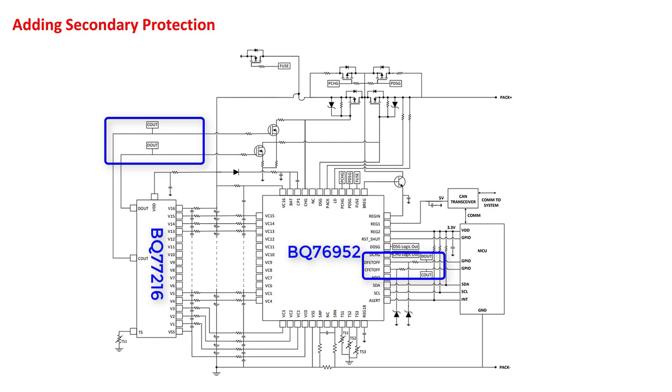There is one important thing to be careful of in this configuration. The BQ77216 does not have the body diode protection feature that we discussed earlier in this video, which is often important for FETs connected in series. And when the BQ769X2 CFET off and DFET off pins are used, the body diode protection feature is not available. So we generally recommend that the secondary protector only control a fuse. When separate charge and discharge paths are used, then this configuration may be more practical.